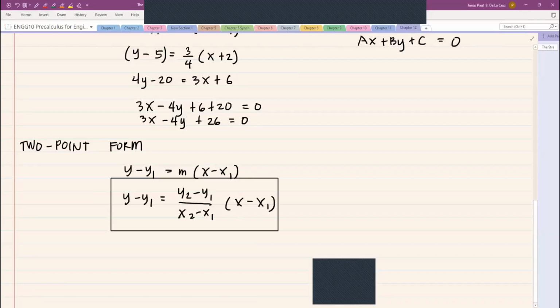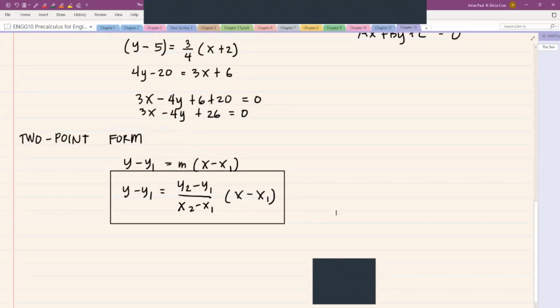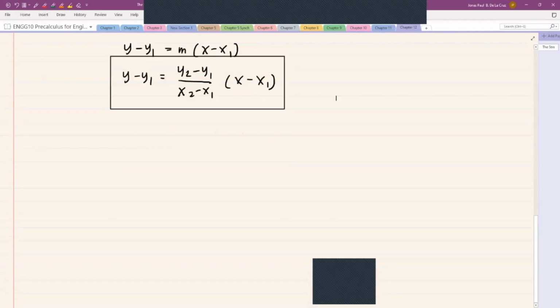So this is now the 2-point form of the line. Okay? So yung slope naging (y2 minus y1) over (x2 minus x1) lang. So the principle is the same. Identify lang natin kung ano yung point 1 saka point 2 and then we can go on. So example,